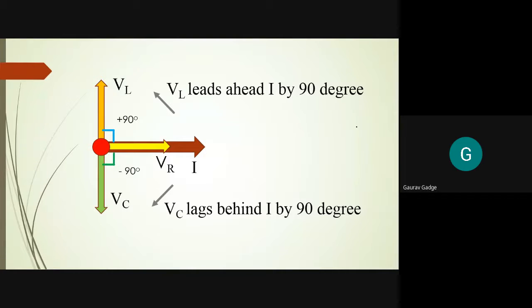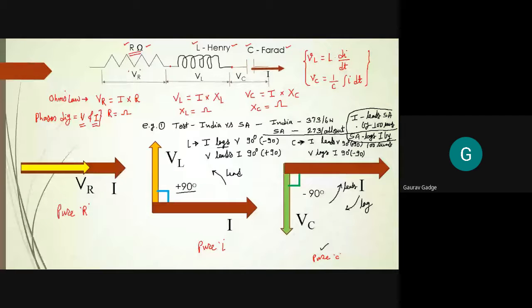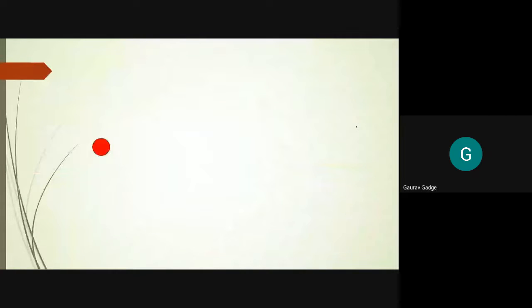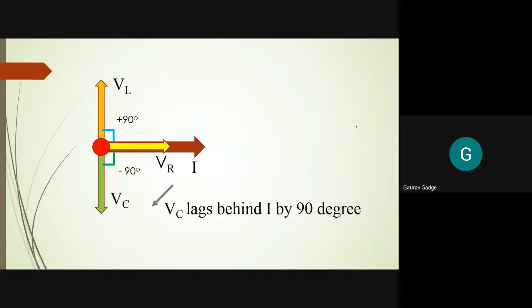Okay, so the previous diagram which we drew, the same diagram is now here. The three different phasors that we drew earlier are all combined here. So considering current as a reference, VR is in phase with current, so phi equals 0 degrees. VC lags I by 90 degrees. VL leads I by 90 degrees. So lag is minus 90, lead is plus 90. So VC lags behind I by 90, VL leads ahead of I by 90. Okay, so that's all for the combined phasor diagram for RLC.